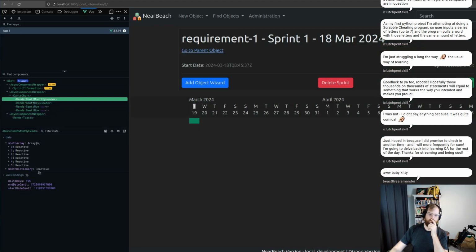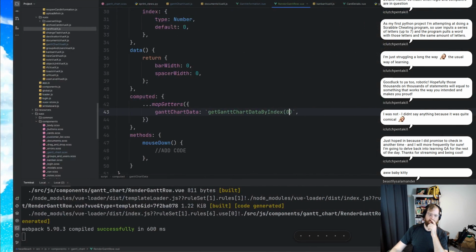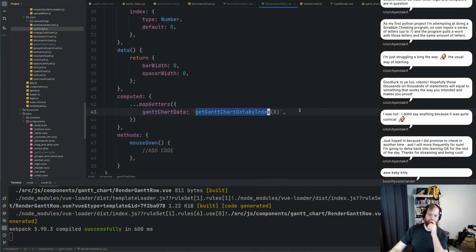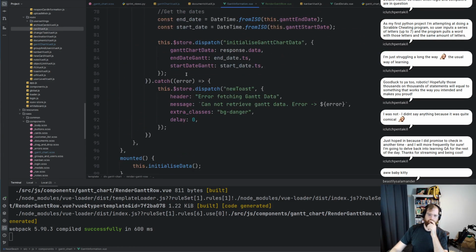Okay, I'm having a look. Gantt chart. Gantt chart data undefined. All right, let's go into the